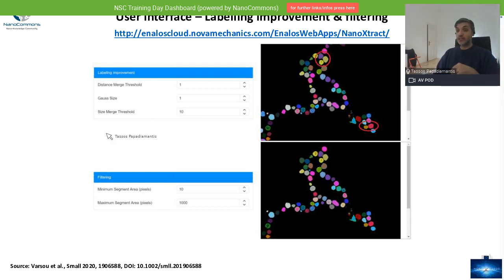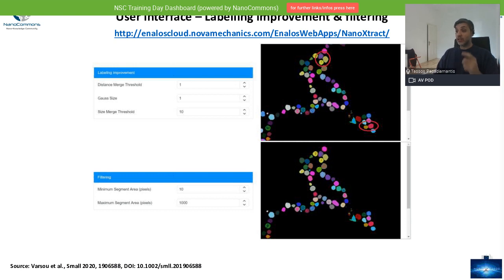And finally, the size merge threshold is similar to the distance merge threshold, in which it tells you that if something has a size in pixels squared of about this size, and these are close enough together, then these two should be merged. Again, this can be used to merge nanomaterials that have been cut in half for some reason and you cannot fix it with the Gaussian size. So you play with the size merge threshold so as to create a new nanomaterial and so on.